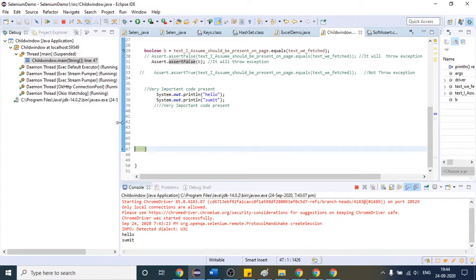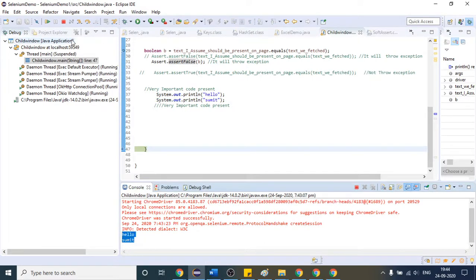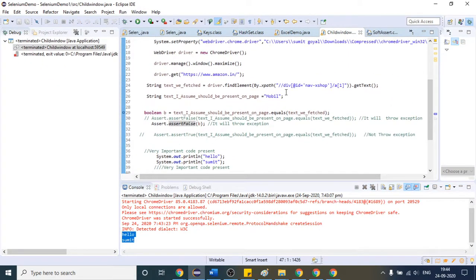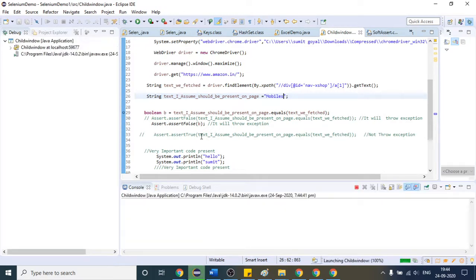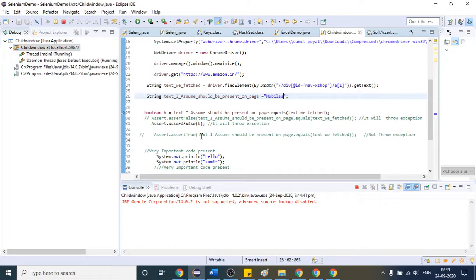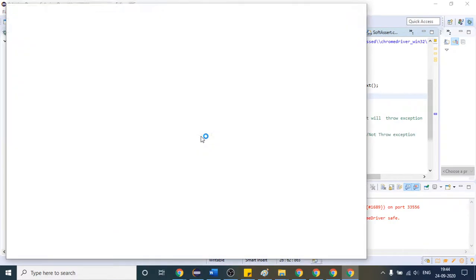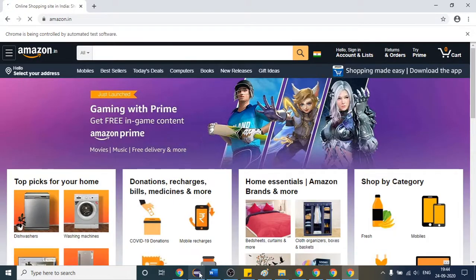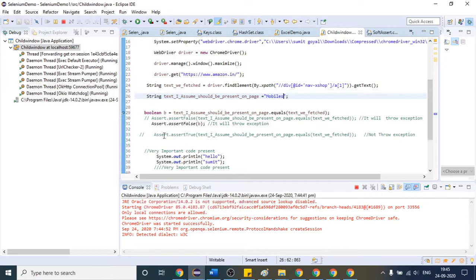We are able to execute our important code, which is fine. But suppose again this time I write the same text and try to run it in debug mode. I think it has started again. The website has loaded, and this time again our code will stop here.